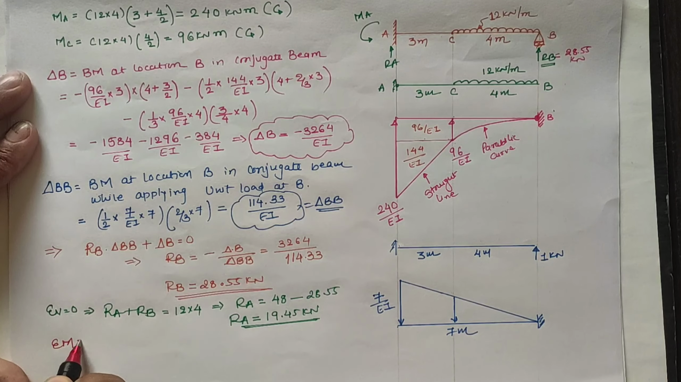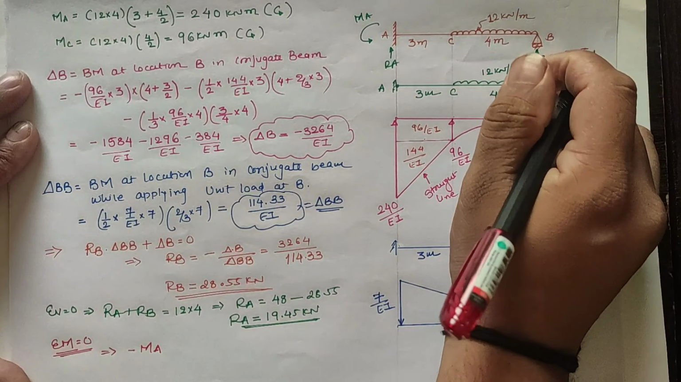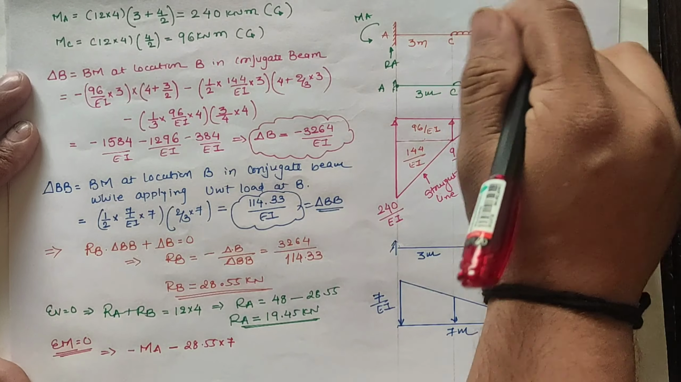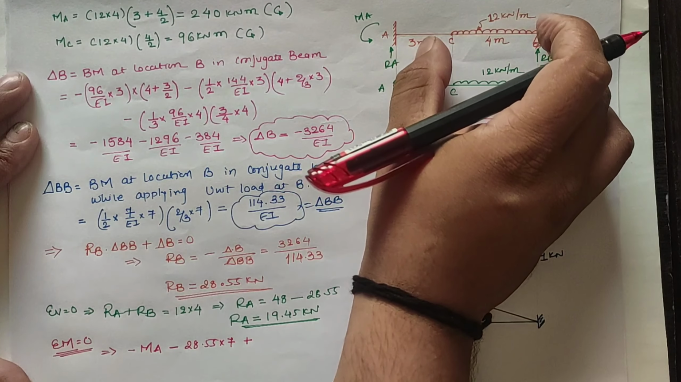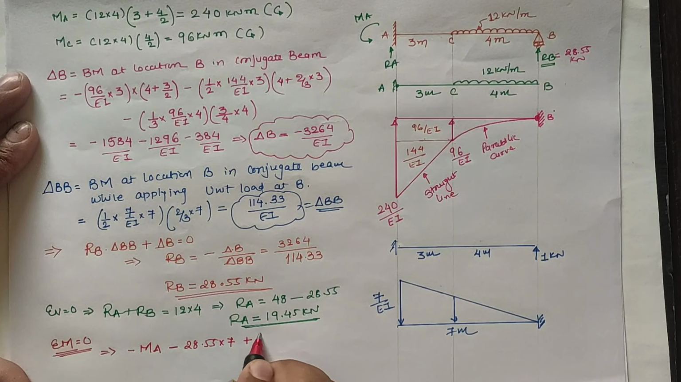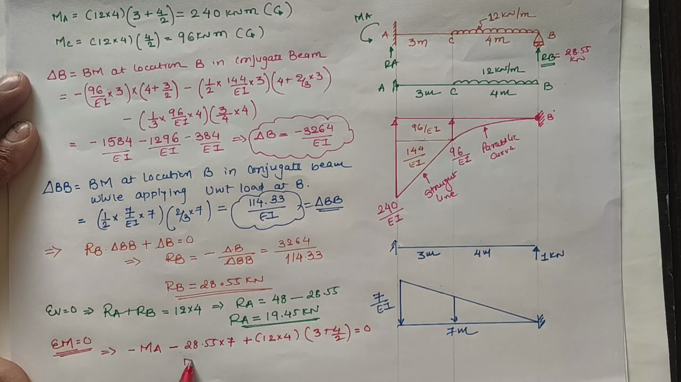And if we take moment at A location as 0, then anticlockwise moment MA. Now RB into 7 in anticlockwise direction, so minus RB as 28.55 into 7. Now UDL gives the clockwise moment and it is positive. Now for UDL, the load is 12 into 4 and CG distance from location A is 3 plus 4 by 2. Hence the value is 12 into 4 as total load into 3 plus 4 by 2 as CG distance, which must be equal to 0. Hence our MA value is nothing but